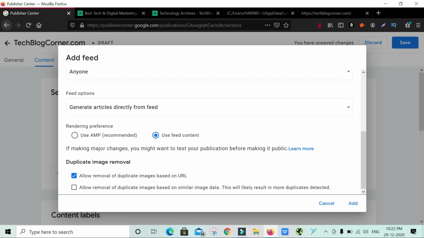On my previous website I used this option, but let me try this one this time. Duplicate image removal allows removal of duplicate images based on the URL, or from similar data. I won't touch this option. Go for this only. Don't touch this.